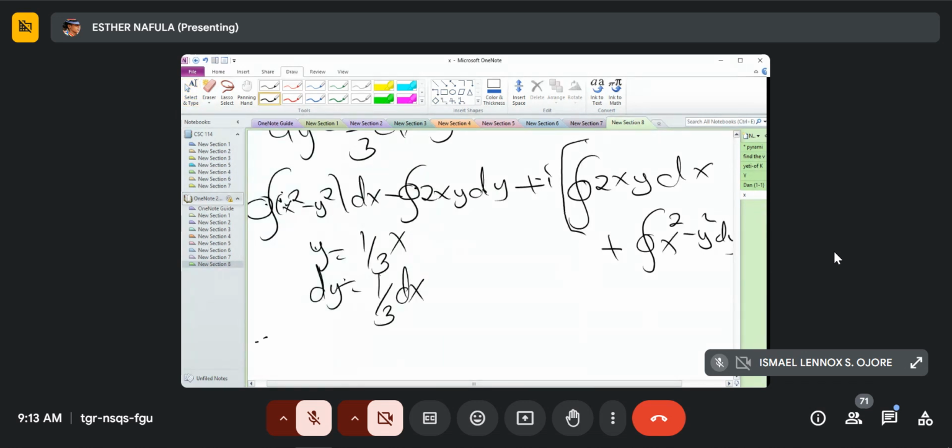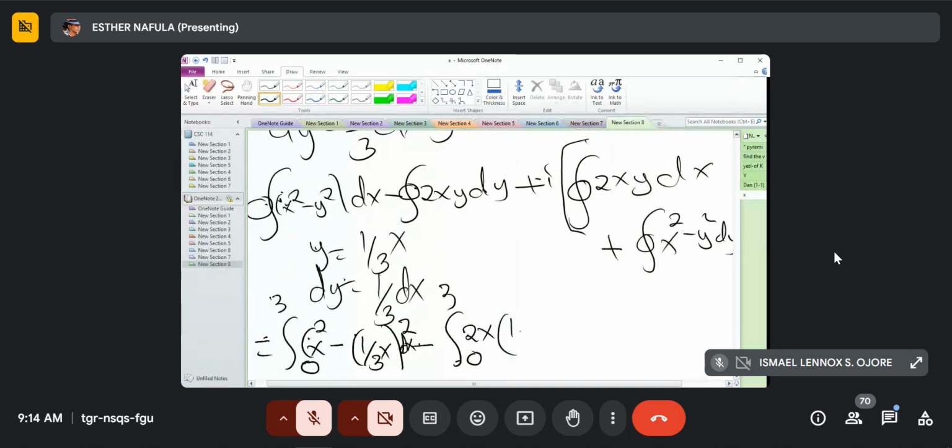So this is equal to, we integrate, everything is running from 0 to 3 because we're using the x values. So this is x squared minus y squared. Our y is a third x, the whole thing squared, minus, we integrate from 0 to 3, 2xy dy. Oh, this is dx minus the integral 2xy, our y is a third x, times dy, our dy is a third dx. Those are the first two